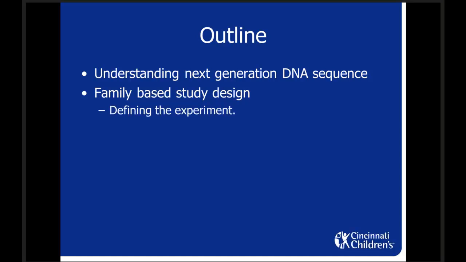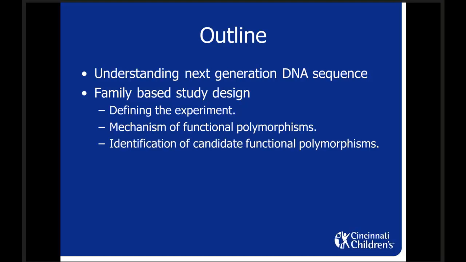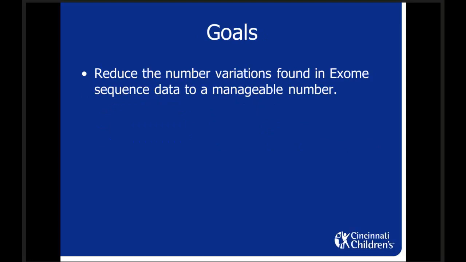I think it's very important that before you start generating the data, you really define the experiment, as well as define the type of polymorphisms that you're hoping to find. And then, obviously, hopefully we'll get to the point where we have some candidate functional polymorphisms that actually cause the phenotype that's being studied. So our goal